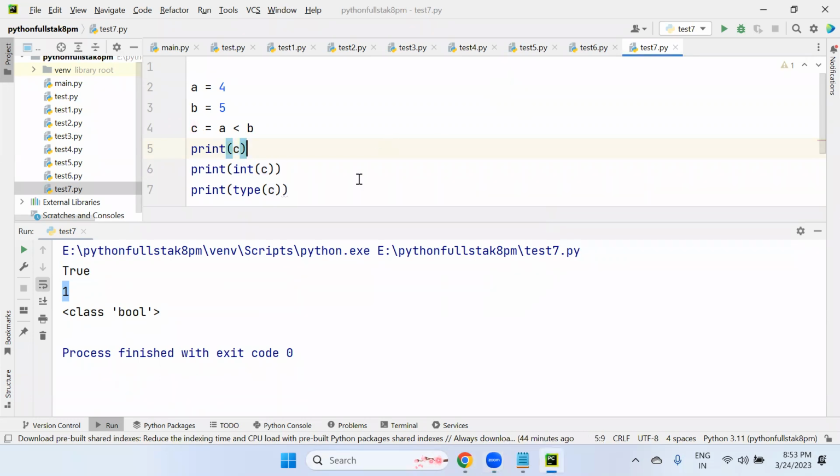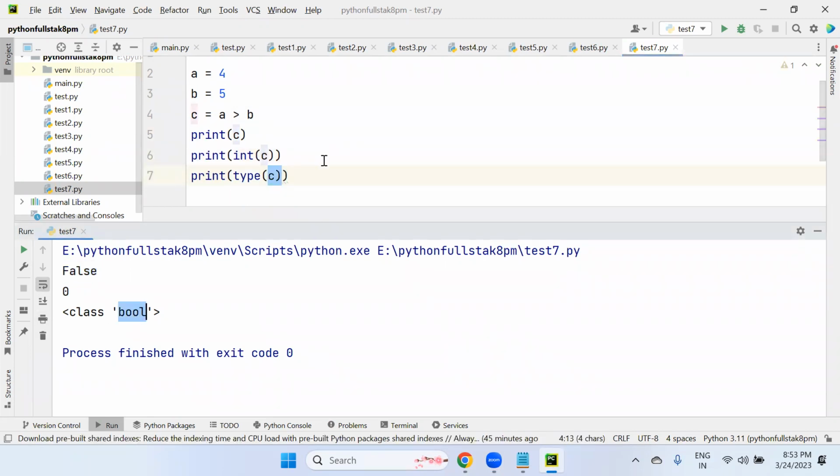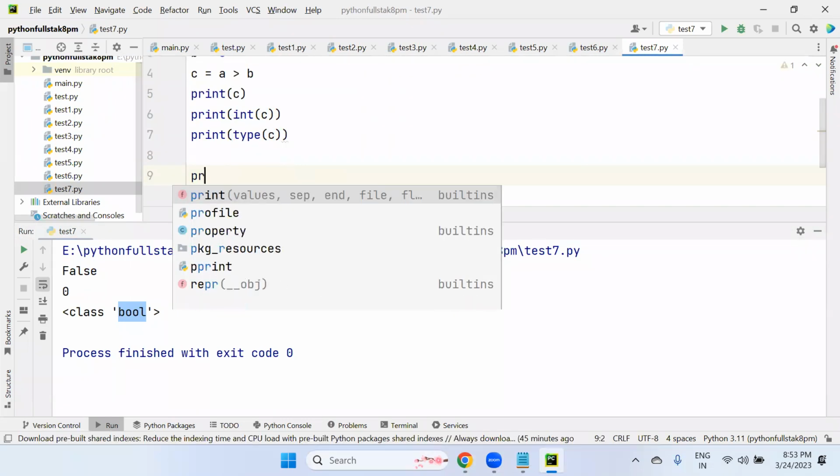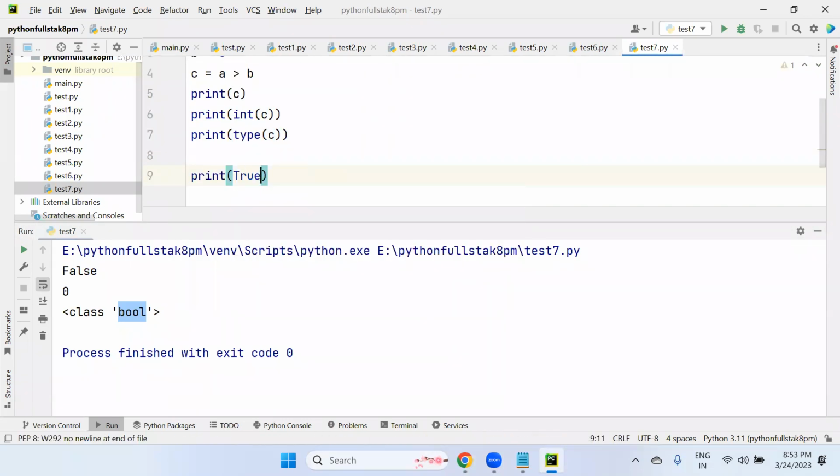As simple as that. Now coming to this here, I'm taking A greater than B. A greater than B means what? False. False means integer type is what? 0. So ultimately in Python programming, true represents 1, false represents 0, especially in Boolean. So look at this C value, the result is false. I'm converting that C into integer type, 0. Type of C is what? Bool. Or else we can go through this one, sir. Just try to understand. True plus true, what is it? Result is 2 only.